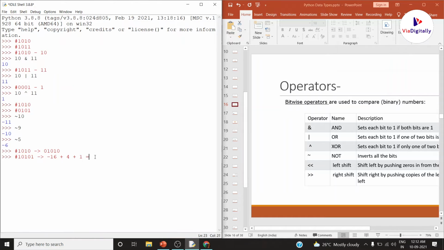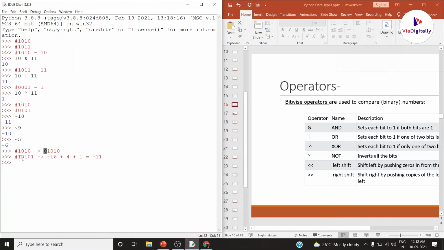This is how the negation of numbers, the bitwise NOT operation, is done in Python. Python implicitly adds the sign bit to every number, whether it be positive or negative. It is going to carry an additional sign bit with each value. If this sign bit is also inverted, you are going to get the negative values. So this is how the bitwise NOT operation is done.